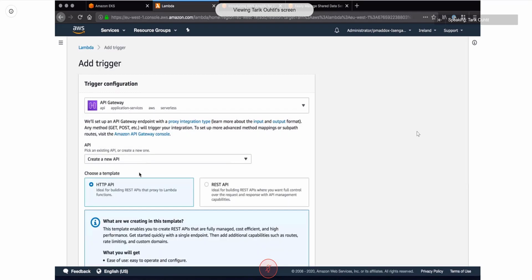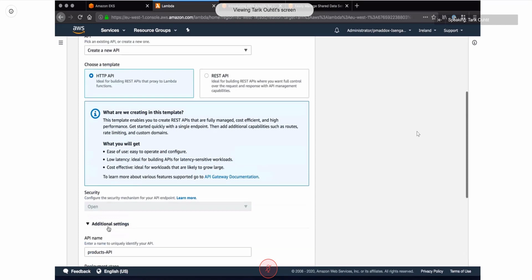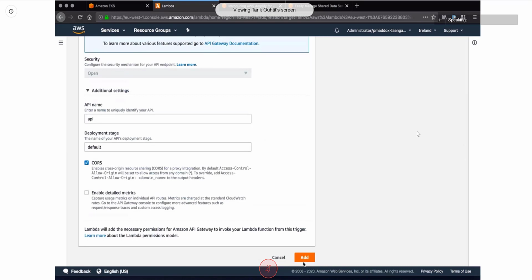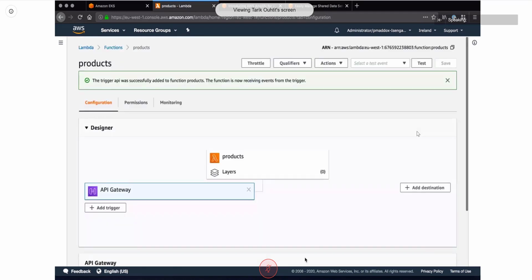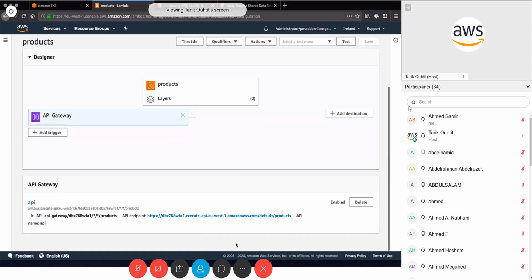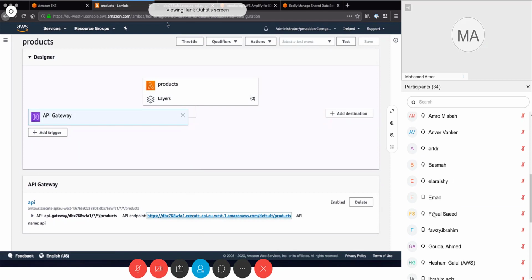So this will be the API for my whole organization. And I'm going to call it, let's just call it API. And I can do things like enable CORS. I can also do things like add authorization as well. So it'll integrate with OAuth 2 authorization systems. So while HTTP APIs are cut down in terms of some functionality, they still allow authentication. They still allow most things that you'll need for developing a simple RESTful API. So here we are. We've just attached this trigger to our Lambda function. And in a browser, I should be able to open this up now.